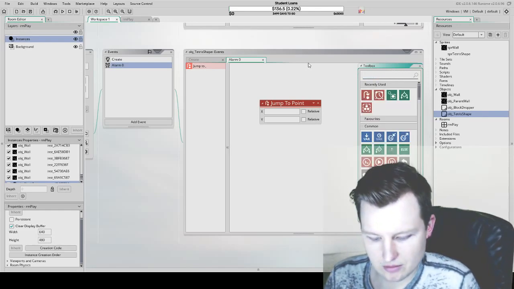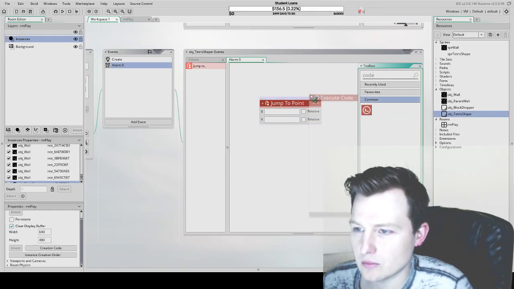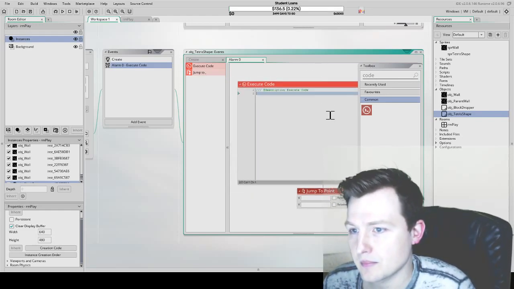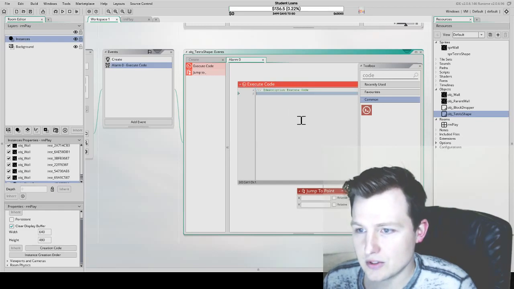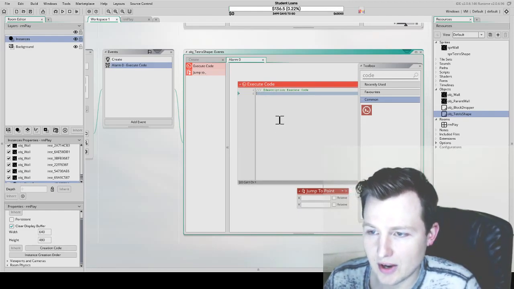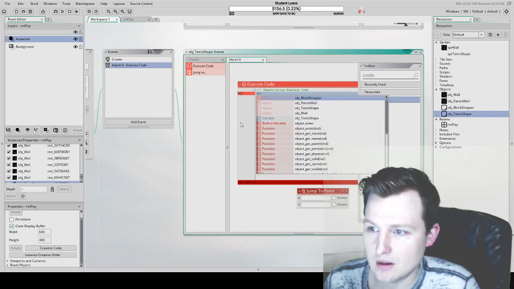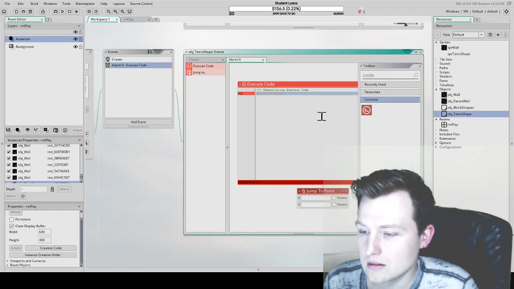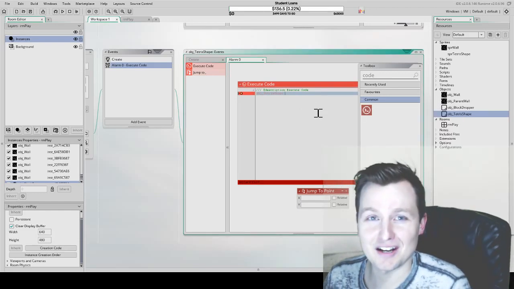For any of you guys doing this, just trying to get better at using this tool, learn it. Game Maker language is what runs behind the scenes on all this, and it's pretty intuitive. So if you wanted to, instead of doing a drag and drop style game, I know for a lot of you guys, you have so much more code experience than me, so you feel very comfortable in this. But you can just, on your own, just try to start typing commands in and see if it'll work for you. It's like for this one, you can just see all these different things you can do. I don't personally know the syntax for how to say jump to point, but